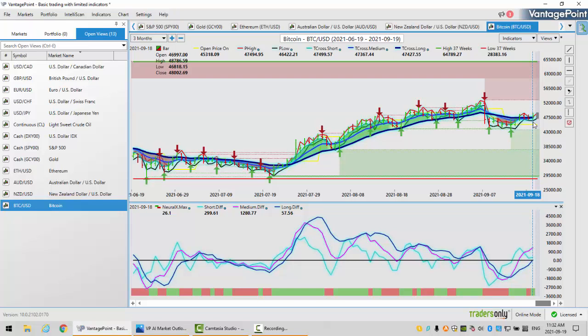I've shown in the live VP room and on here before that Bitcoin has a fairly high correlation to the S&P 500, but it also has a positive correlation to the dollar. So if the dollar continues to extend its gains, that could actually help Bitcoin. But Bitcoin is affected by the S&P also. So when we look at our T-cross long,